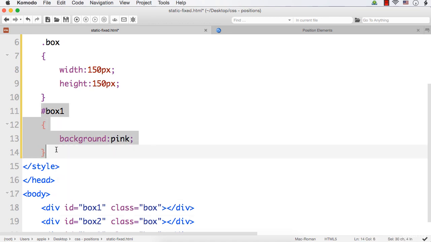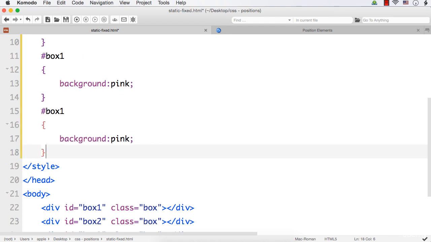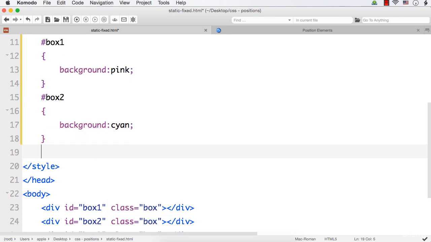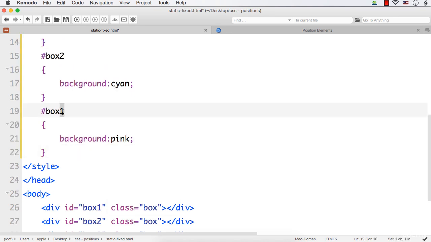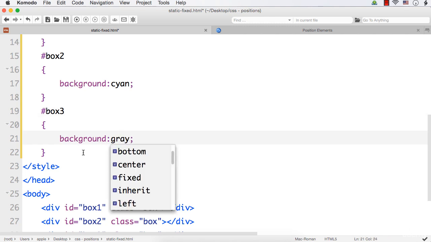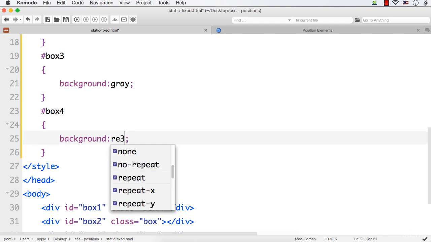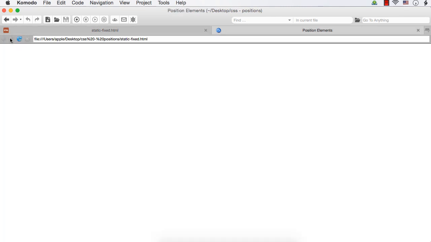Let me copy this, paste it here and change the ID from box 1 to box 2 and change the color to cyan. Then again paste it, change it to box 3 and change the color to gray, and one more, it is box 4 and let me change the background to say red.